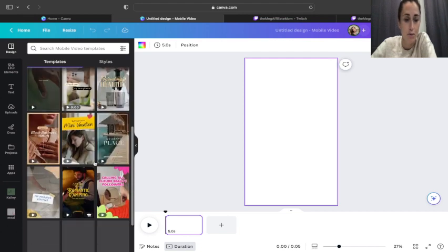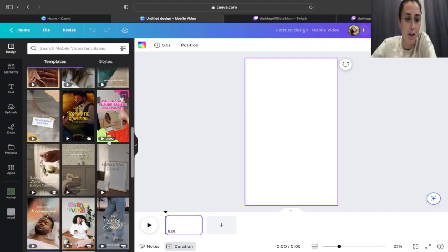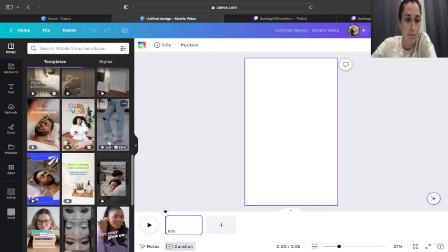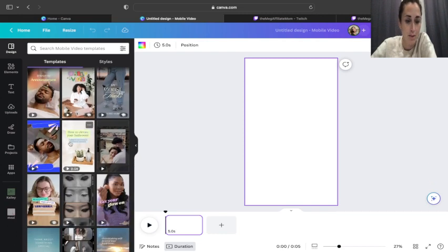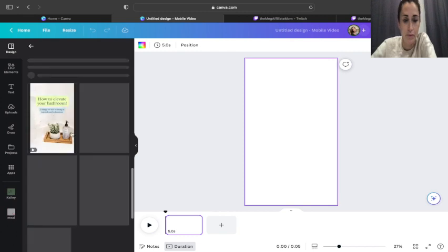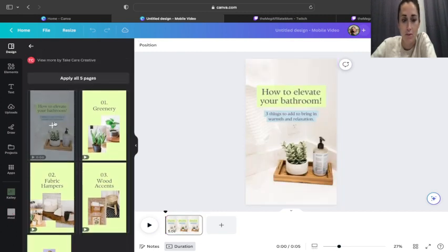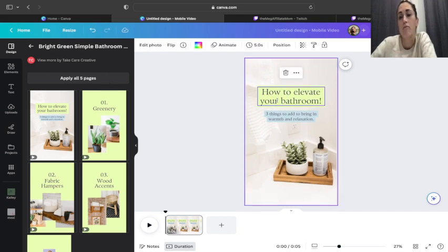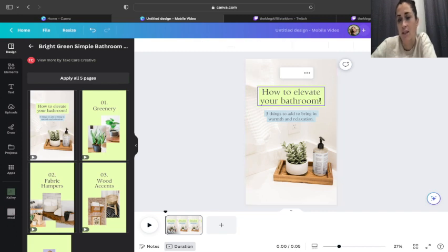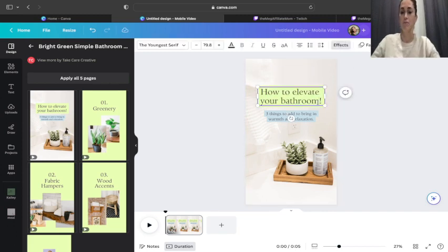Okay, so we'll scroll through. We'll find one that we like. Let's go with this bathroom one. Why not? So all I'm going to do is click on it. And it gives me an option to apply all 5 pages. I don't really care. You don't really need all 5. I'm just going to show you. So now it's as easy. You can come in and you can say how to elevate your bathroom. You want it to say something different, you can say how to